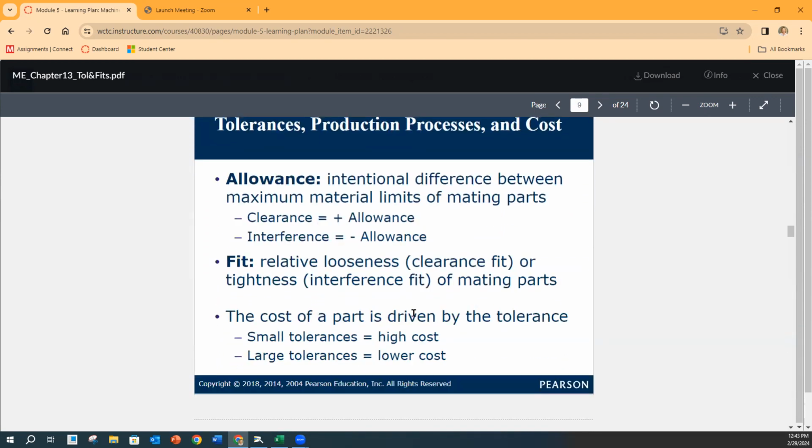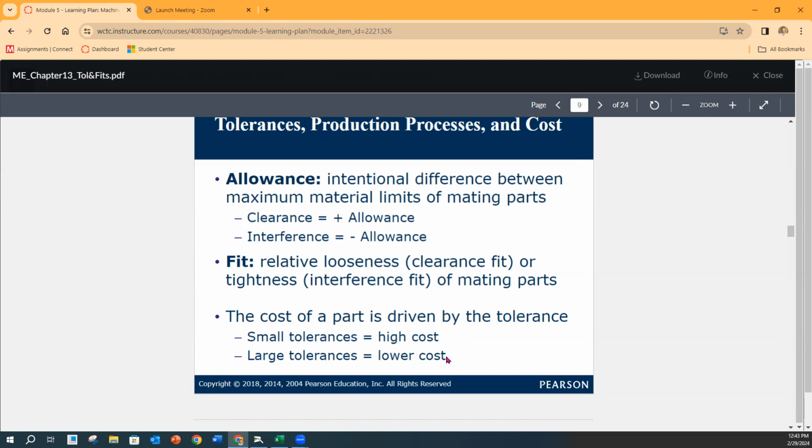Now, our tolerances: production processes and costs. As we said earlier, allowance is going to be that intentional clearance and interference. And once we decide what our fit is, it's also going to dictate the number of decimal places that we have. Now, the cost of the part is going to be driven by that tolerance, meaning if the difference between my highest value and my lowest value is a small number, my cost is going to be high. Okay. If the difference between the high and the low is larger, it's going to be